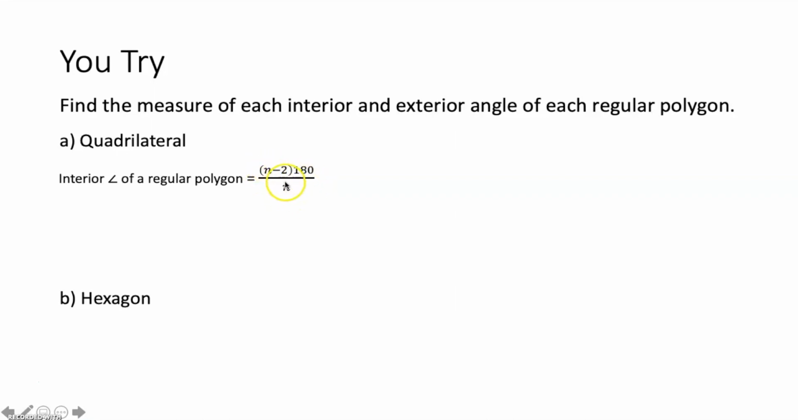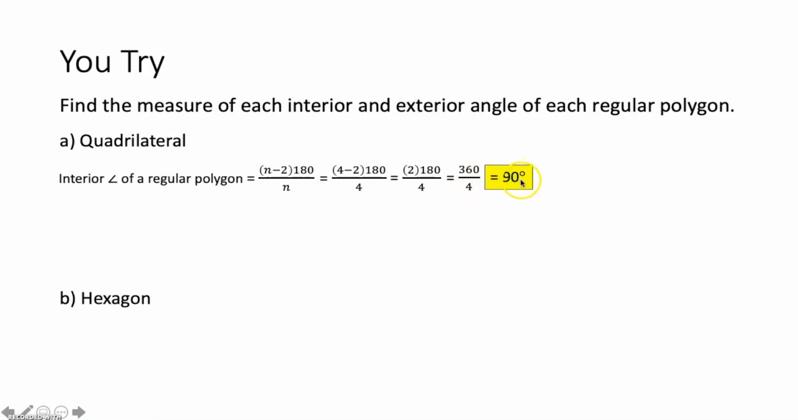It's the same number, n. So in this case, it's a quadrilateral, so it's a 4-sided figure. It's got 4 angles. We plug in 4 for n here and here. We then simplify this. 4 minus 2 is going to give you 2. Times 180 is going to give you 360. We then divide that by 4, which is the number of angles or the number of sides, and we get